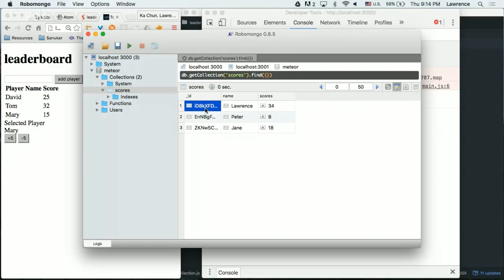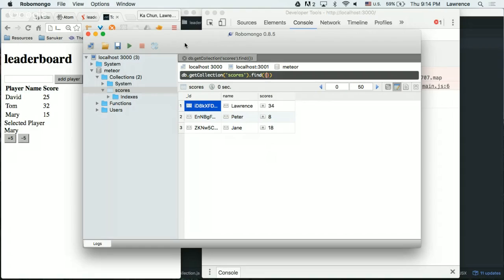If you want to say, I have another Lawrence who has different scores, you can still identify which Lawrence you are talking about. So this unique identifier, underscore ID, we call it, is very useful when you want to get a specific record from your database. And I think later on, we will need to use it.